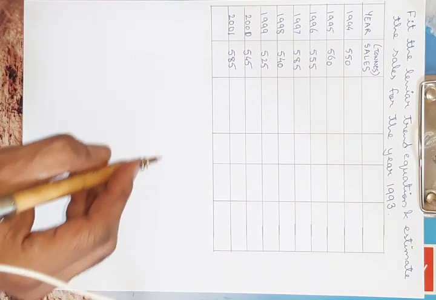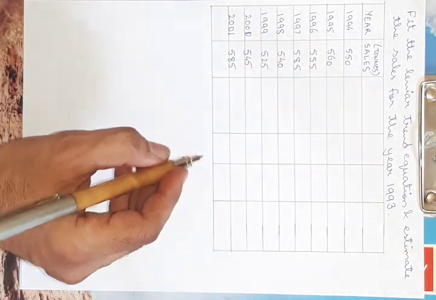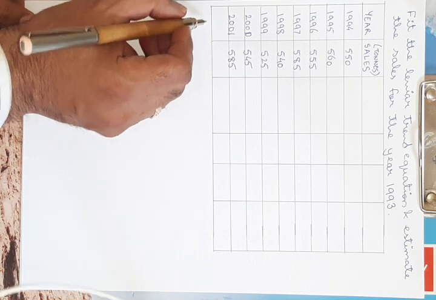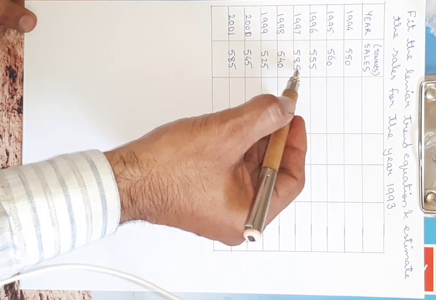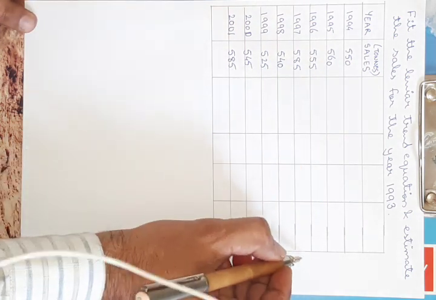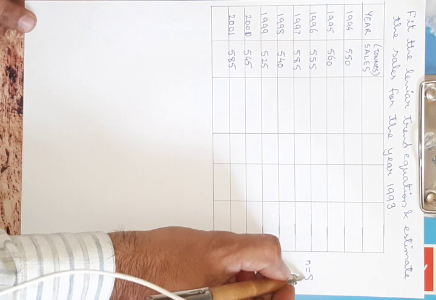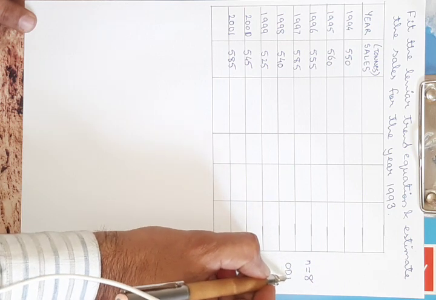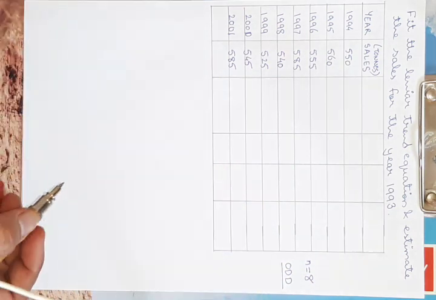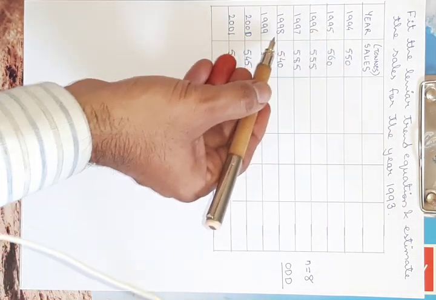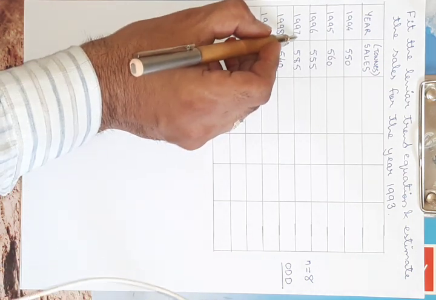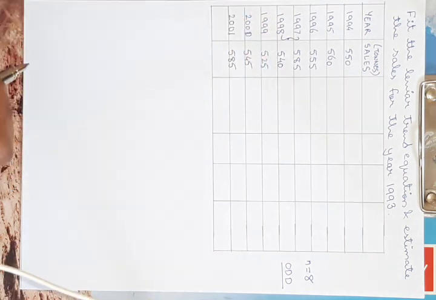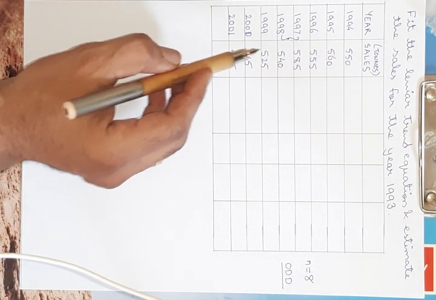First and foremost, we need to get the data. Here we can see that the value of n is 1 2 3 4 5 6 7 8. So here the value of n is equal to 8, that means this is an even value, so we are unable to locate the mid value or the middle of the year. You can see that the middle of the year comes between 1997 and 98. So we need to shift the origin